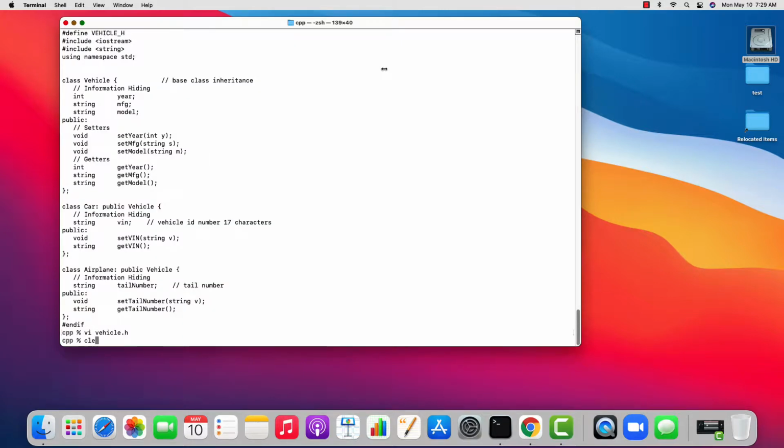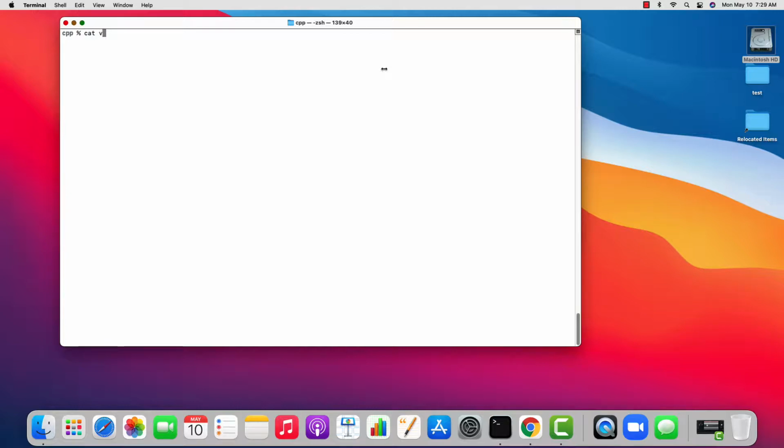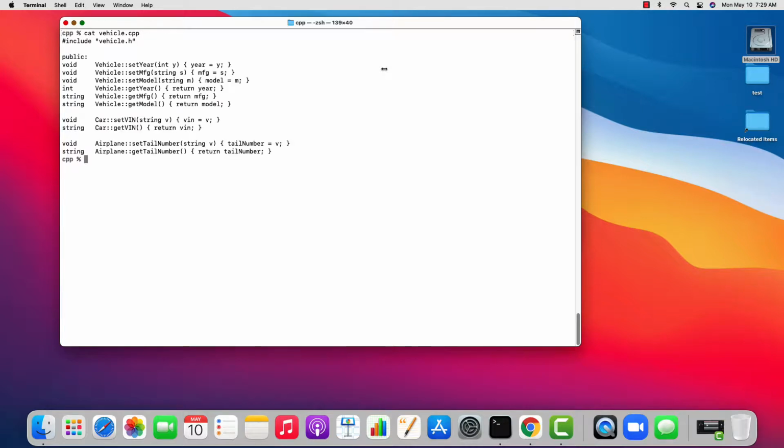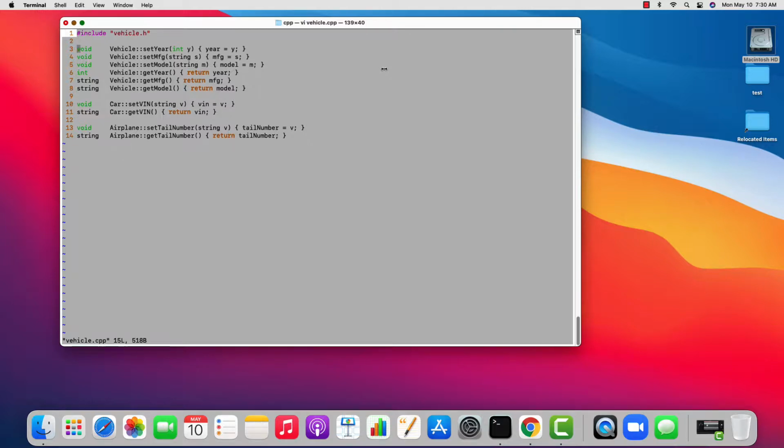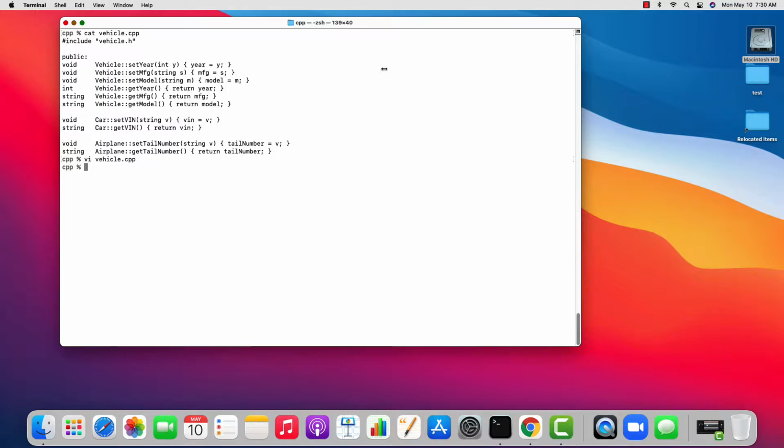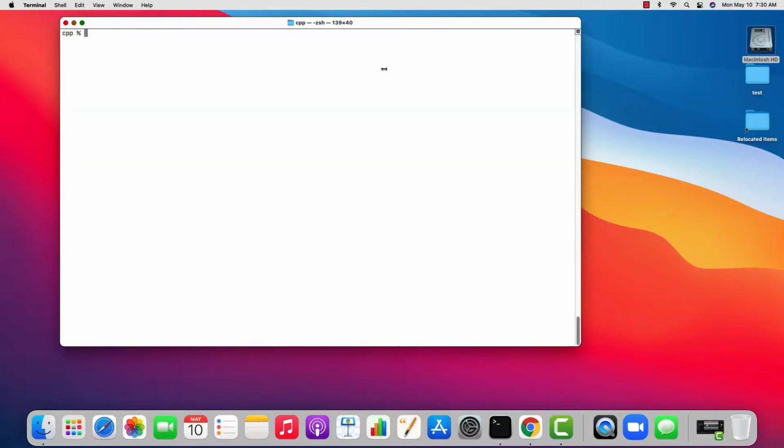Okay, so then we have the vehicle.cpp file, which is the implementation file, and you see that it includes vehicle.h. The public shouldn't be there, so let me update vehicle.cpp. I meant to get rid of that public because that's defined in vehicle.h. And then finally, we have